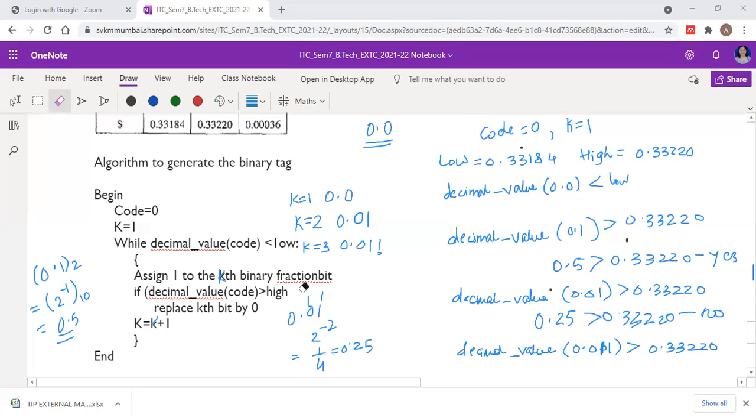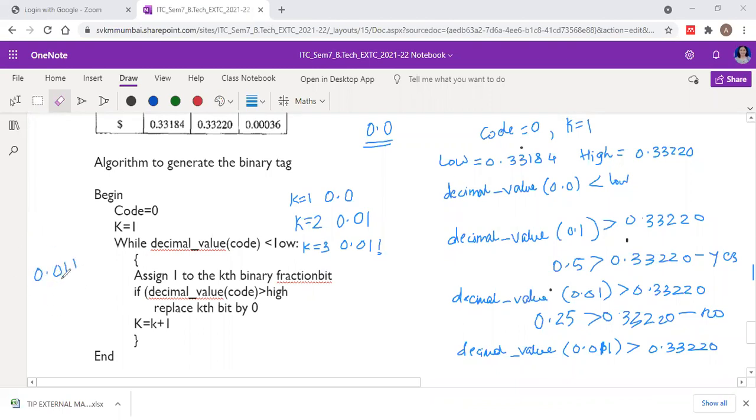Let me just remove these things from here, which are not needed. And now let us find out the decimal value for 0.011.